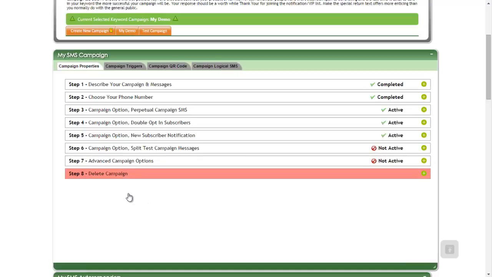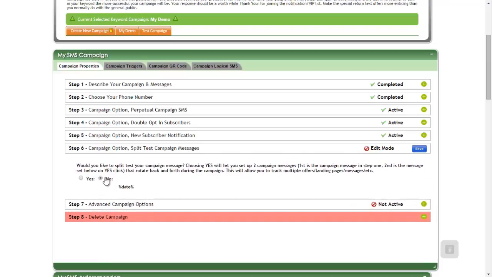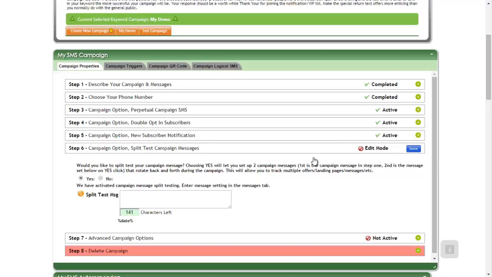Next is our campaign option, split test. If we want to split test the response rate between two campaign messages, we can do so. This allows us to tell how each campaign wording is performing, based on who's coming to the store to claim a coupon and what have you. So I'm going to click on yes. If we do our split test message,